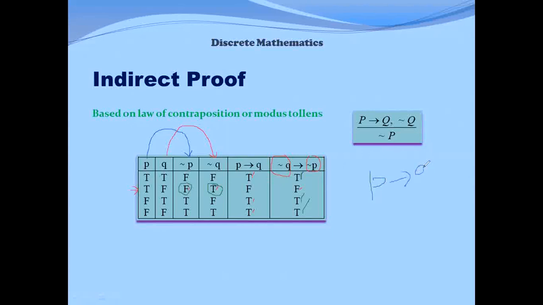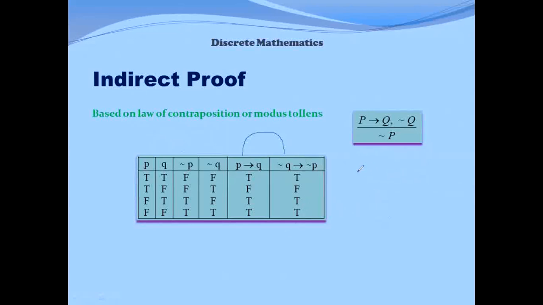If we write P implies Q, then P is the hypothesis and Q is the conclusion. So whenever P is true and the conclusion is false, its result will be false, and in all other cases its result will be true, as we know. If we apply this concept on P implies Q, we get this column, and similarly when we apply this formula on this column, we get this. And here we see that these two columns are the same: true, false, true, true, true, false, true, true.